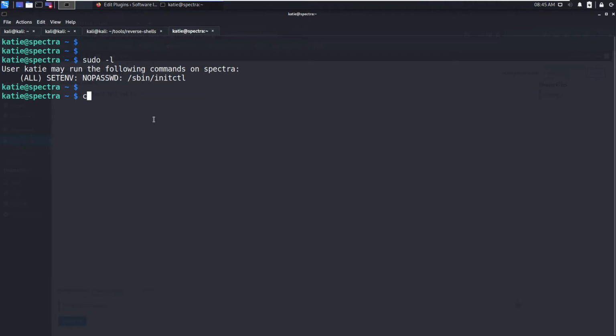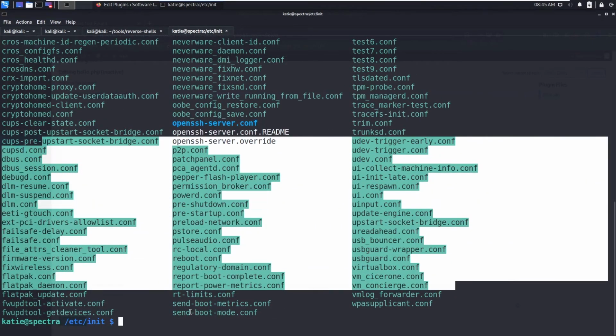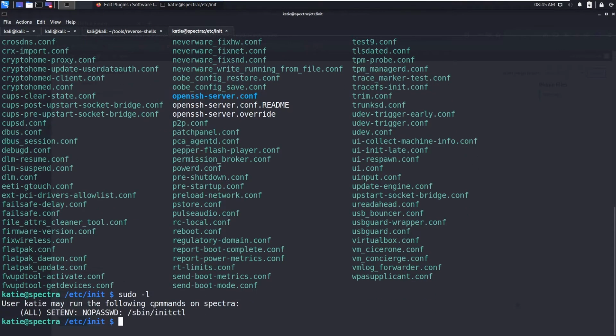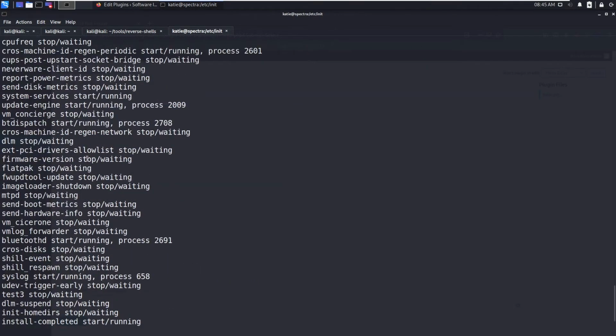So all those files will be stored in /etc/init, and let's say ls. All these are the jobs with the configuration files. In the configuration files we will have the script, like normal commands, and those will be executed whenever the job is running. Okay, so this is the binary. Let's copy this. We have the sudo permissions, and now let's say list. This will give you all the jobs and their status.